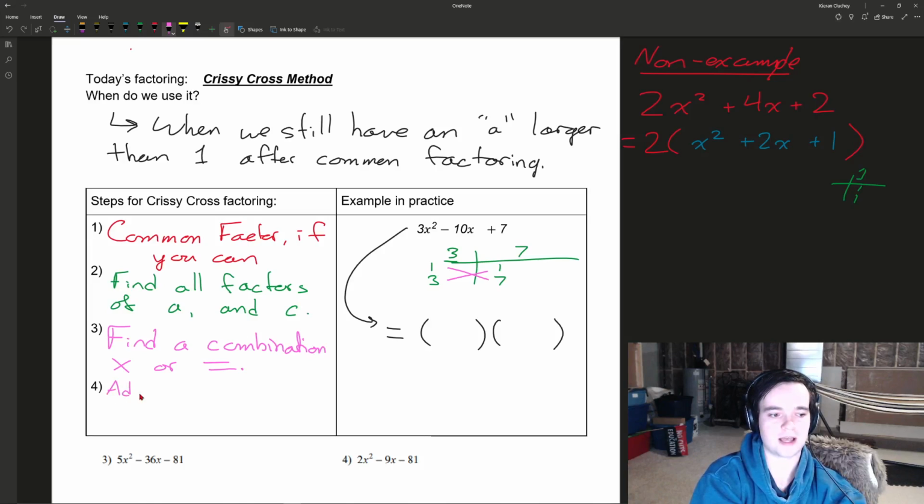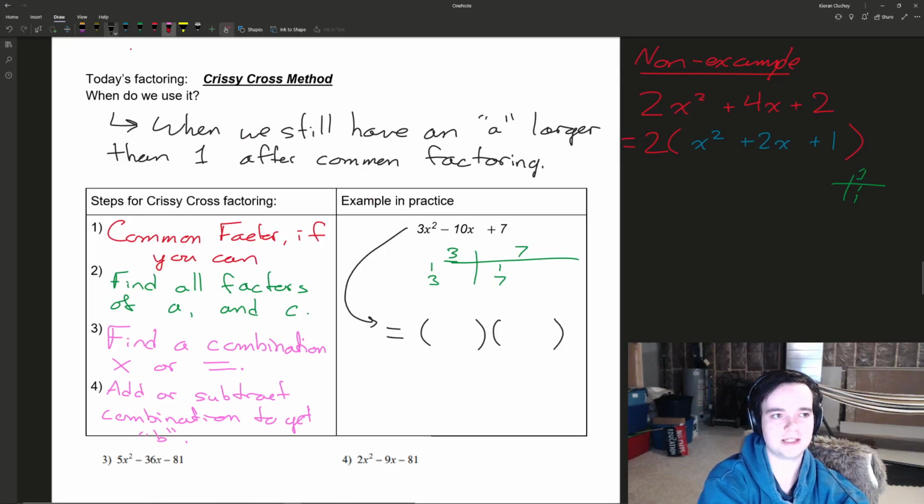I'll write that here as well. Add or subtract combination to get the B value. Okay? So as it happens,